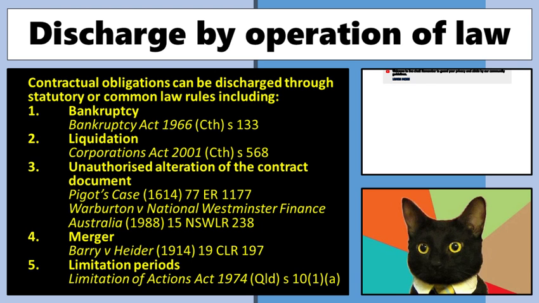Limitation periods, you've got 6 years. It's not, strictly speaking, discharging obligations. You can't bring a contractual matter to court from 6 years after the time your cause of action arises, which is usually the time of breach. All right, so just make notes. 6 years after breach, you can't bring an action in contract law. I'll come back to merger later.